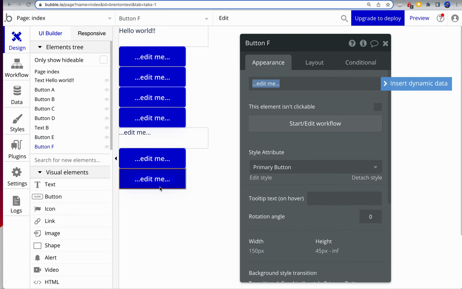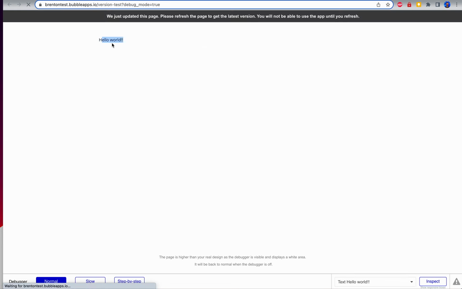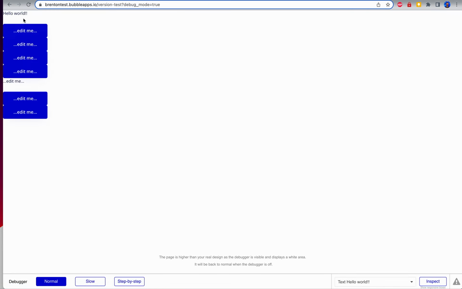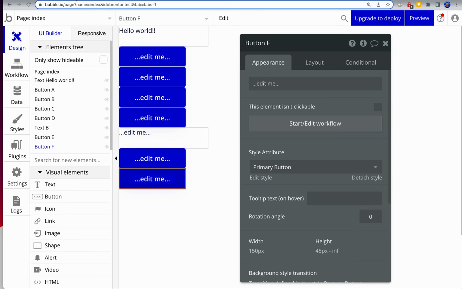And this is how you edit. This is how you build a web page. So I've just put a bunch of useless buttons. Let's click preview again and see this refresh. There we go. So I want to point out a couple more things before I send you to the next